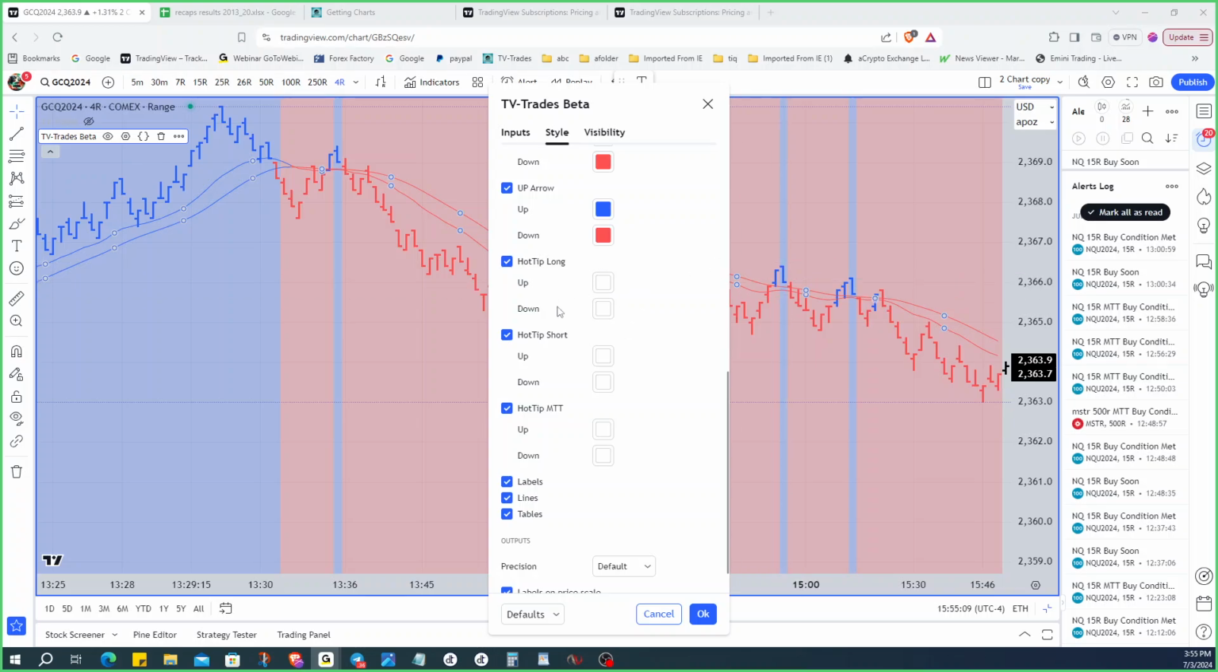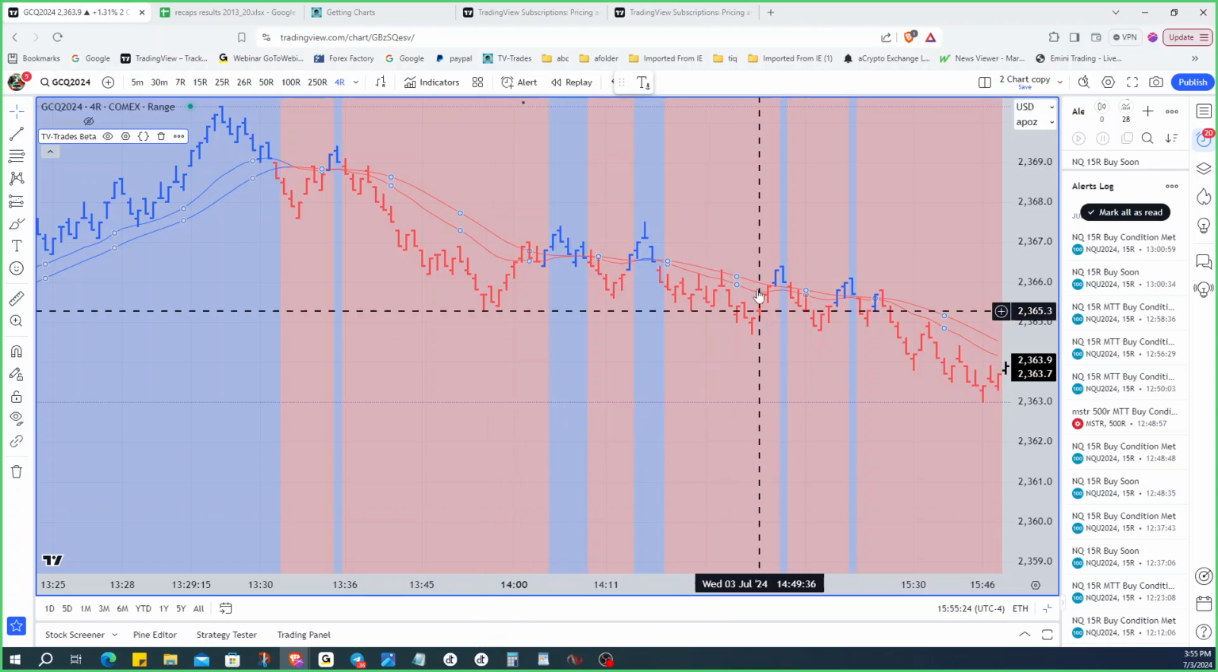And what I'm looking at in here, the hot tip long, those are all to put the longs on the shorts and the longs and the shorts and the mid-trend trades if you want to. If you don't want the hot tip on the mid-trend trade, don't check it. None of these are turned on by default, right? These are all off by default. If you want to see the hot tips, you can put them on. And what this is